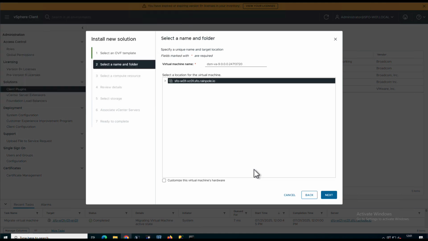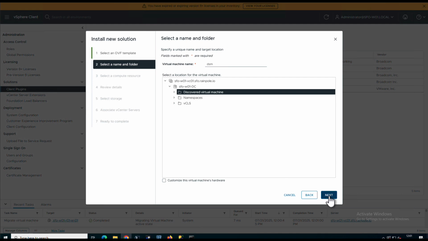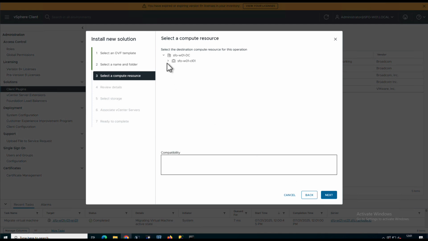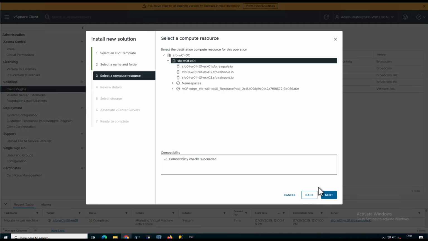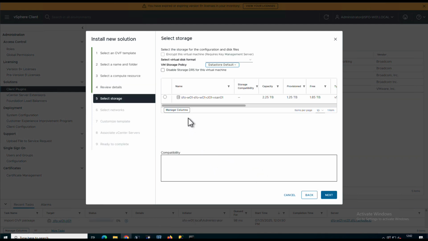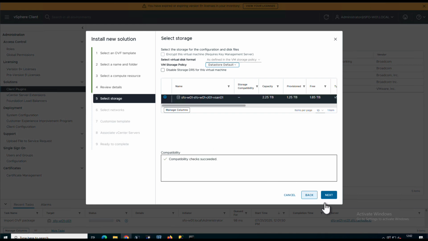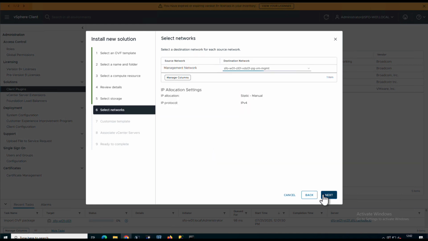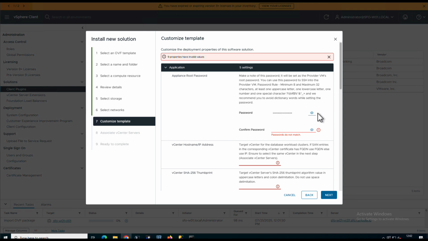Firstly, selecting a name and folder, we just give the VM a particular name and then a location within your inventory. I'm just going to place it in Discovered Virtual Machine folder. Now a compute resource, I'm just going to select my vSphere cluster, review those details before moving on to storage and networking. I then select my vSAN data store as defined in the policy, a distributed port group, and now